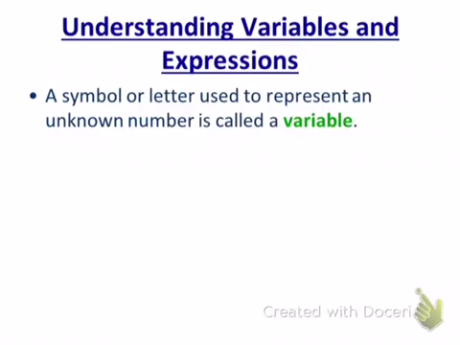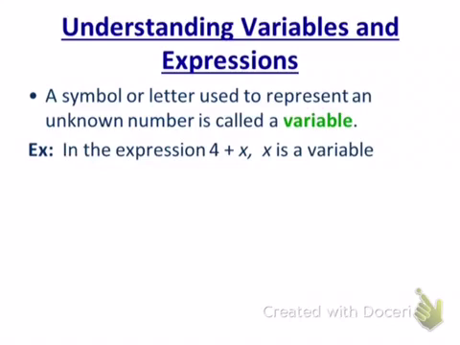A symbol or letter used to represent an unknown number is called a variable. Some examples of that could be x or y or z. A lot of different things could be variables in an algebraic expression. But it's a symbol or letter used to represent an unknown number. It's called a variable. Here's an example, and you don't really need to write this example probably, but in this expression, 4 plus x,